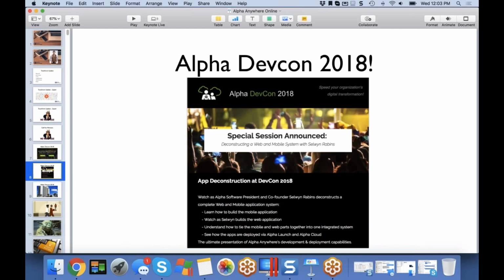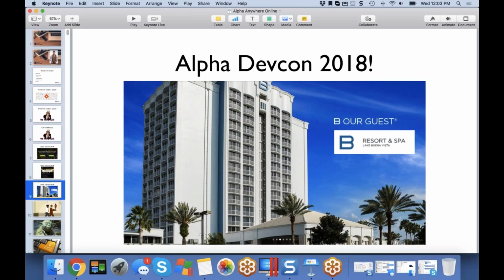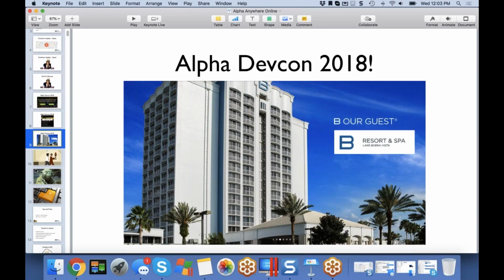We're really excited about our new special session and about the environment. It's going to be a fabulous environment. I've already booked my tickets, and they were dirt cheap because it's Orlando. You'll find that the costs of attending Alpha DevCon are very reasonable, because the cost of getting to Orlando, the location, everything is very aggressively priced. We really want to see as many people as possible at DevCon. You will get an enormous amount out of it, both personally and professionally, meeting other people. We are excited about having more people join us.